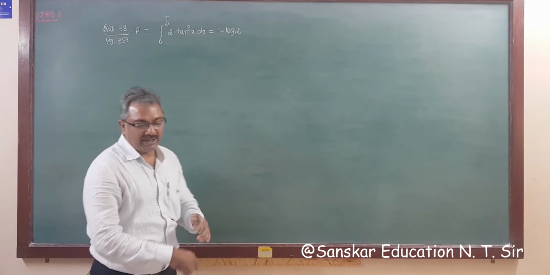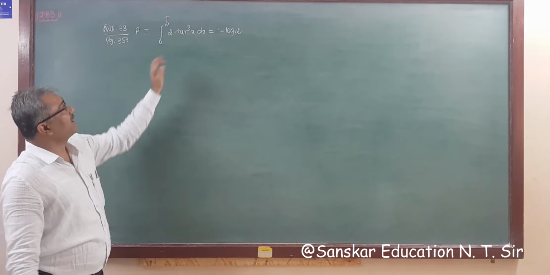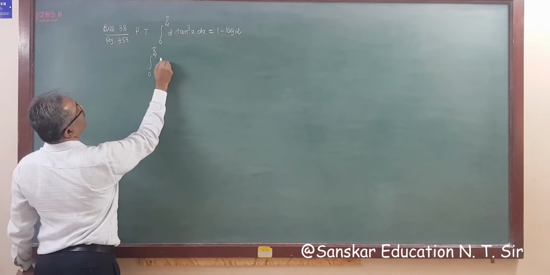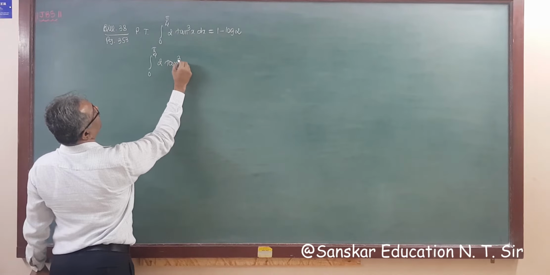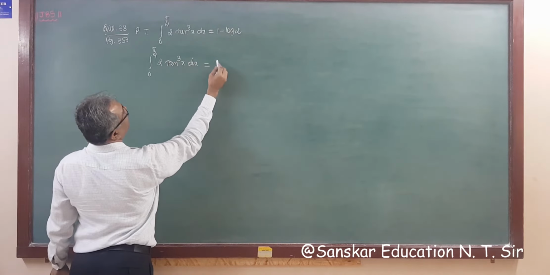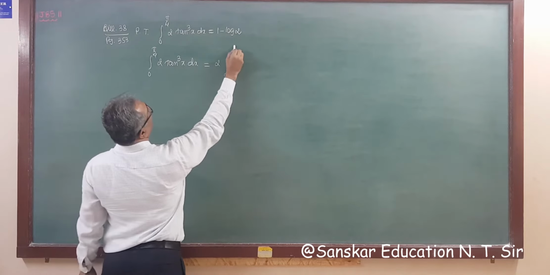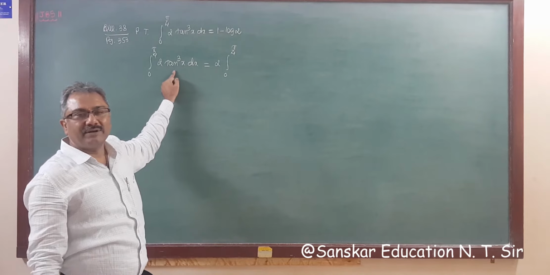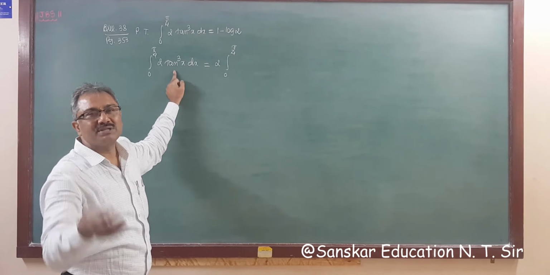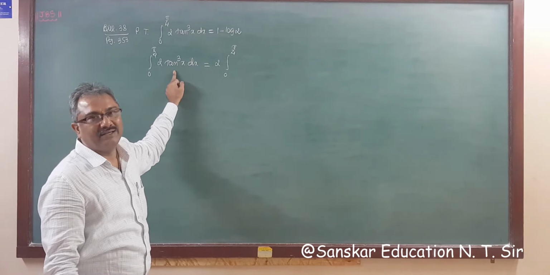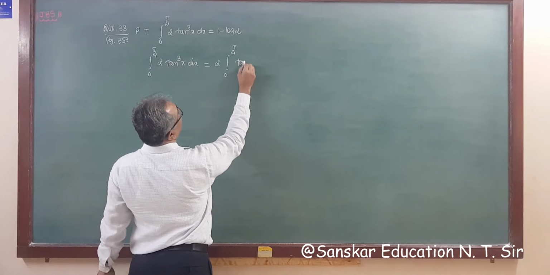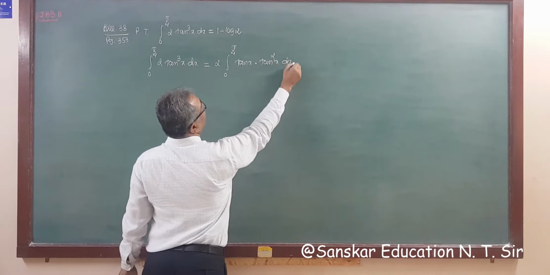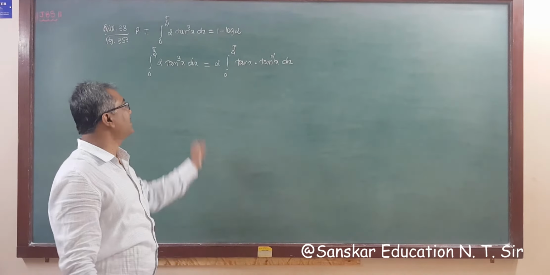So this is given, 2 times tan cube x dx, from 0 to pi by 4. Now you know there is no formula for tan cube. Only if there is a tan square can you change it into sec square, and integration of sec square is tan. So I am splitting tan cube as tan x into tan square x, as there is no formula.